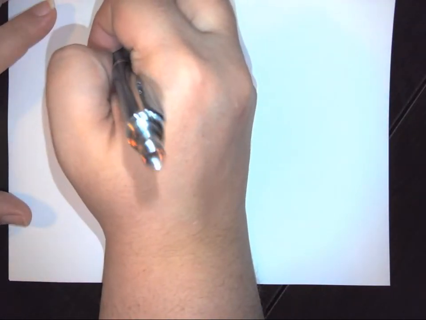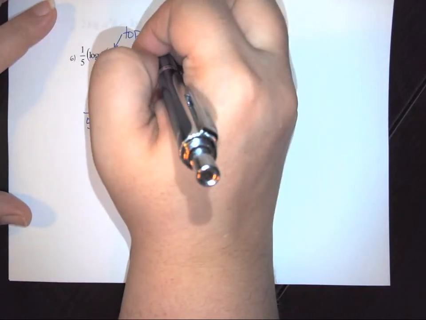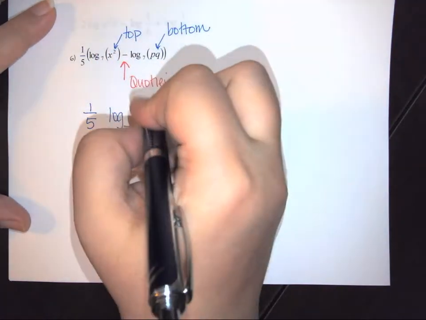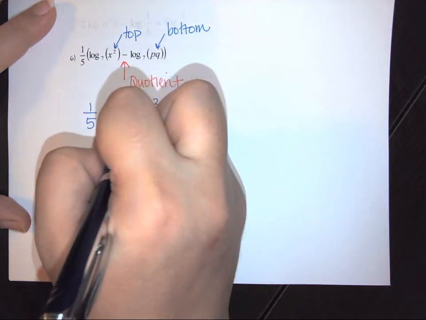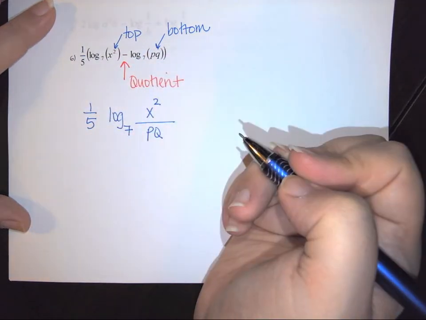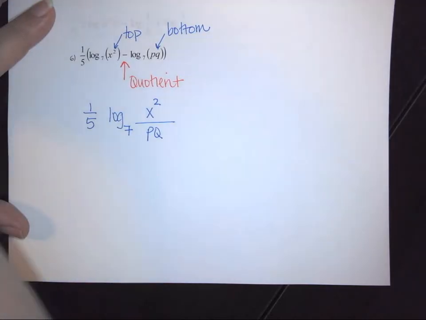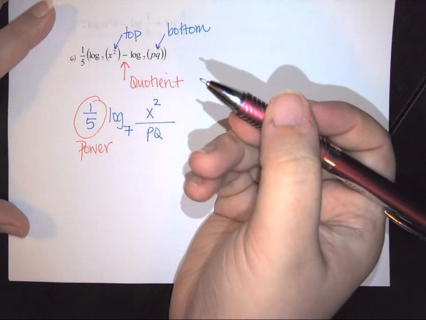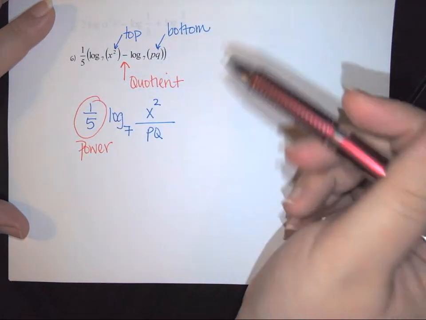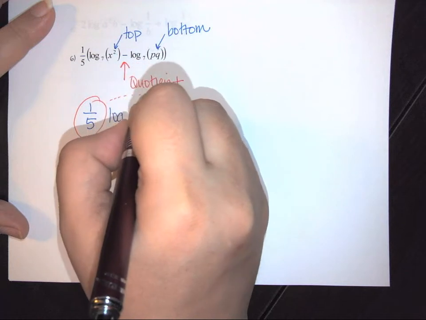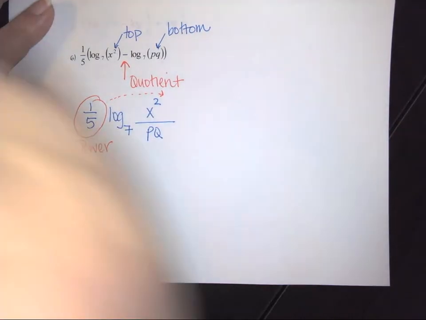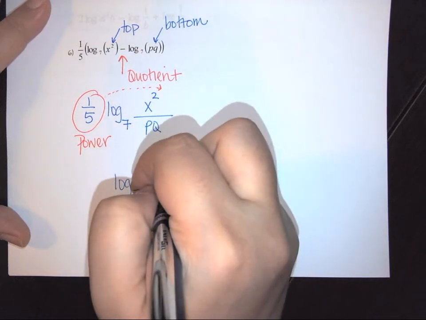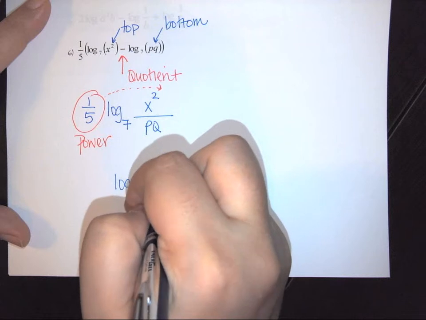So this is going to be your top, and this one's going to be your bottom. So this is going to be x squared divided by PQ. And then this right here is going to follow your power rule, which says it has to go back to being a power. So it's going to come back over here into the power. And so this is going to become the log base 7, open a parenthesis, x squared over PQ